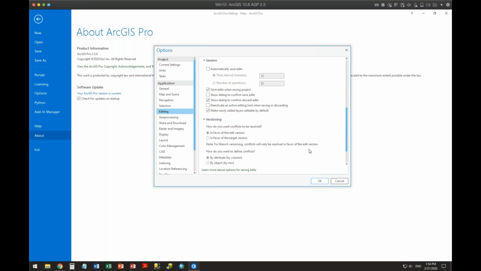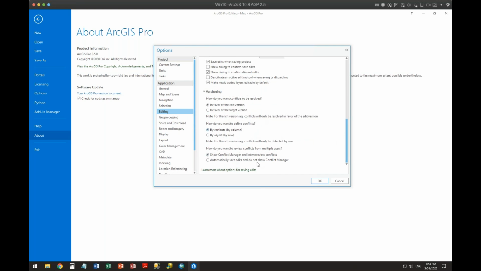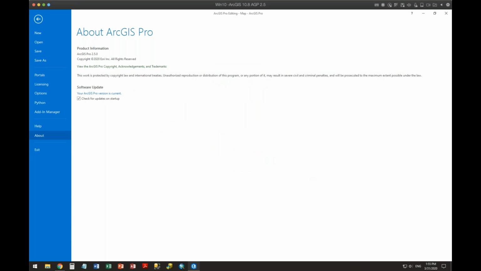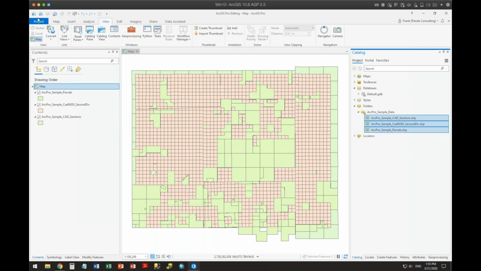So this is how I usually go and set it up. This has to do with SDE versioning and branch versioning on here. So I'm just going to go and hit OK. By the way, just to let you know, there are settings for geoprocessing and sharing and sort of publishing this and raster and display and layout and CAD and interface. At the bottom here, there's the customize elements where you can actually customize the ribbon, you can customize the quick access. I'm not going to do any of that with this session, but I'm going to go back to ArcGIS Pro.